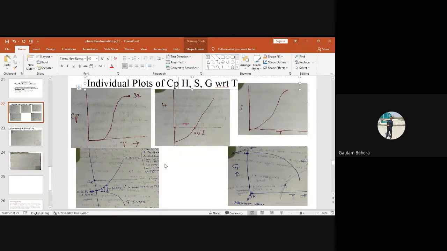So if you remember it from the previous lecture, Cp is one of the most important functions, right? And Cp is not constant. Cp depends upon the temperature and pressure. So suppose, since we are dealing with 1 atmospheric pressure always, then Cp is a function of temperature. If temperature will change, Cp value will also change. Cp is not constant, right? You have to remember that.